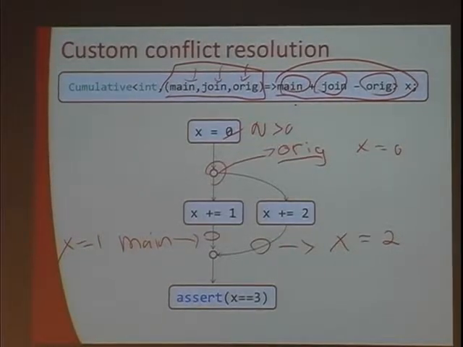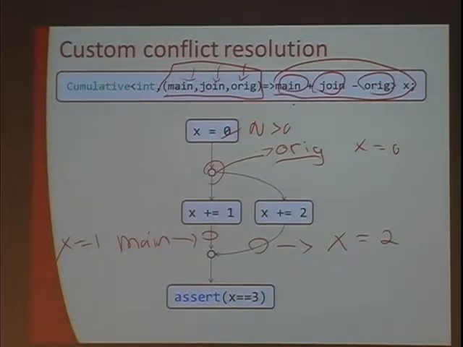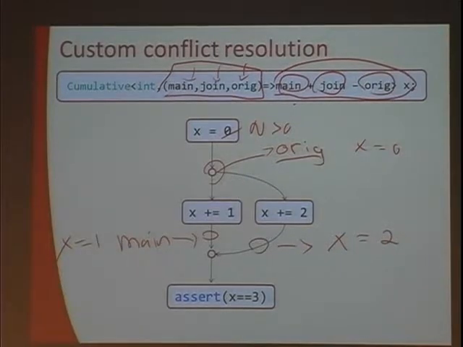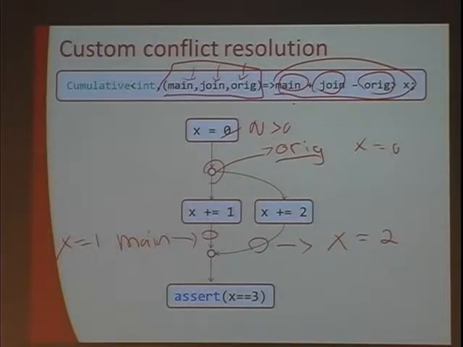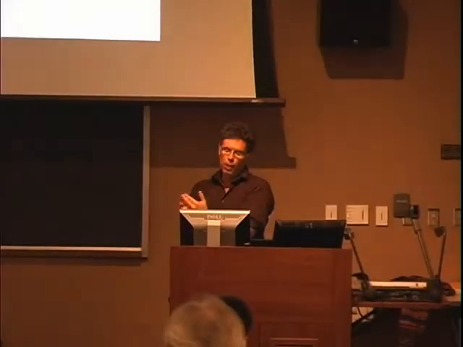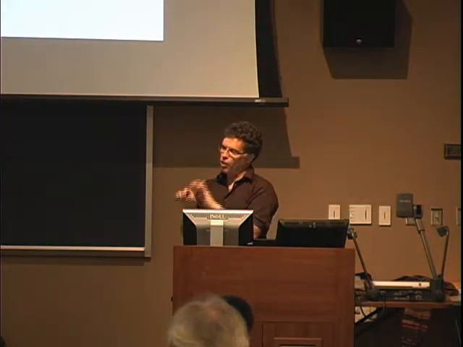So if you don't like our merges and our defaults, at the merge point for every data type, you get a handle on these 3 values. You can do whatever you want. And you know which is coming from where: the fork value, your main revision, and your child. So you actually have complete control over the merge, and you also have complete control over the join order. So it's definitely simplifying some things.